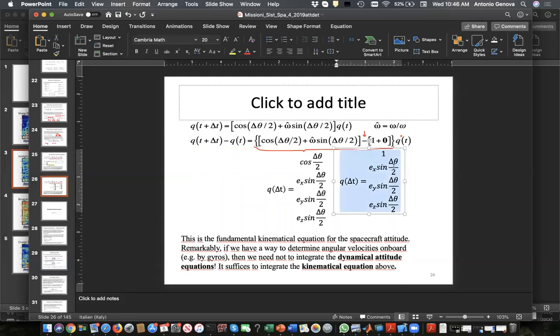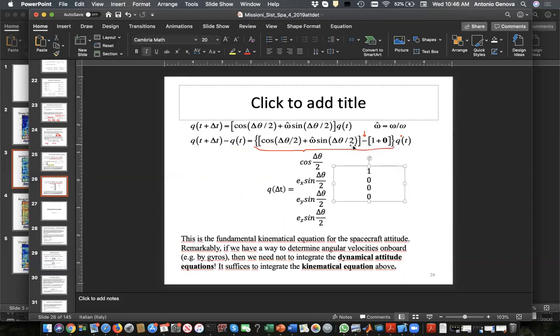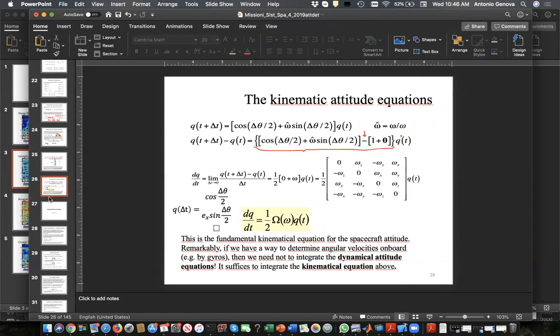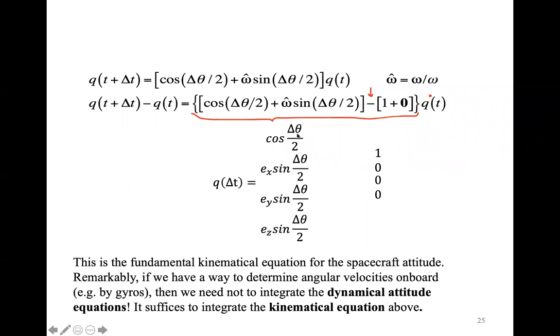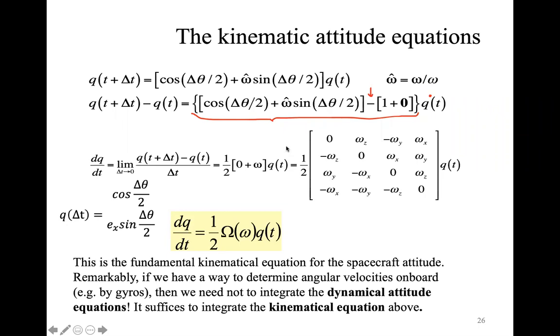1, 0, 0, 0. And this is not Q delta T, but it should basically is this quaternion here. So when you do the difference between these two, of course you have what you've got in the next slide. So if you do indeed the difference between the two, what you get is a vector that